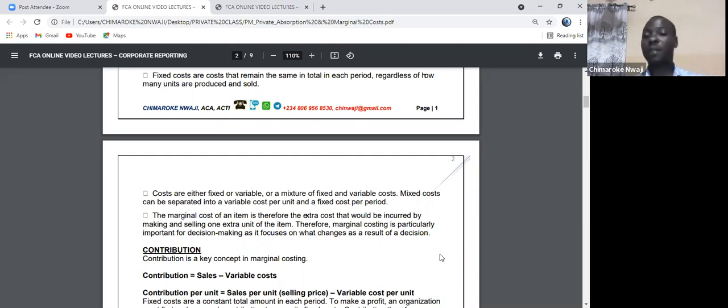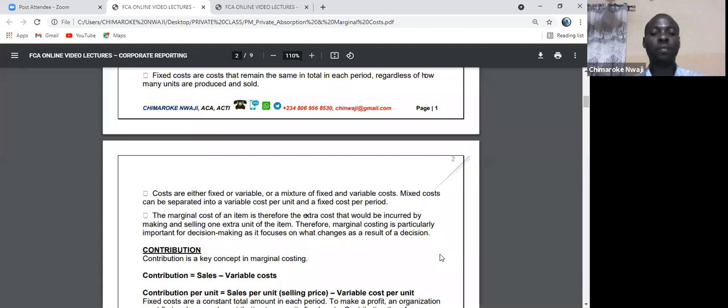And there are two methods that you can use to separate mixed cost into their fixed and variable cost components. One of them is the high-low method, and the other one is regression analysis. In a future lecture, we'll be talking about how to separate these costs into their variable and fixed elements using these two methods. But for now, let's concentrate on the assumptions of